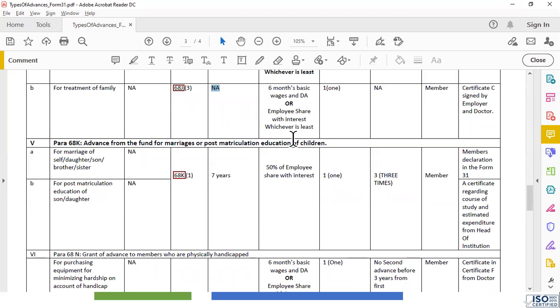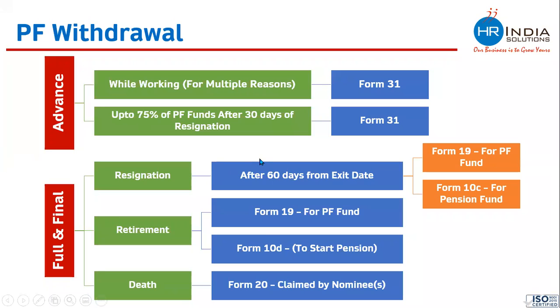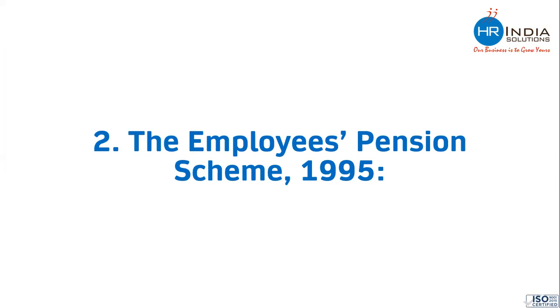Okay, can we proceed? Next, PF withdrawal we have seen. If you have any question, please feel free to ask, or feel free to come back at a later stage, whenever we have a new class or the next class, and if any question comes at that time, feel free to put that question. And we have seen the PF advance withdrawal: what are the reasons on the basis of which we can apply, and what is the amount which we would be getting. Now we are done with Provident Fund, the first scheme.